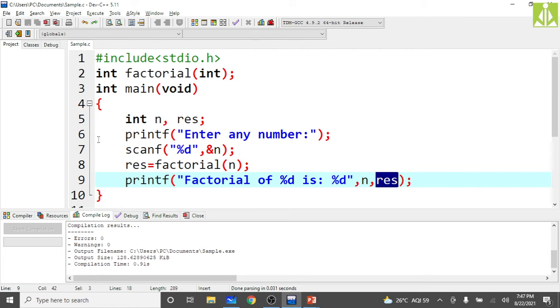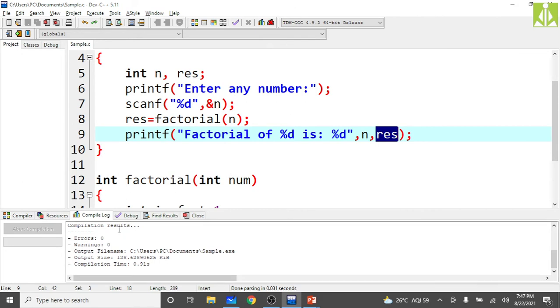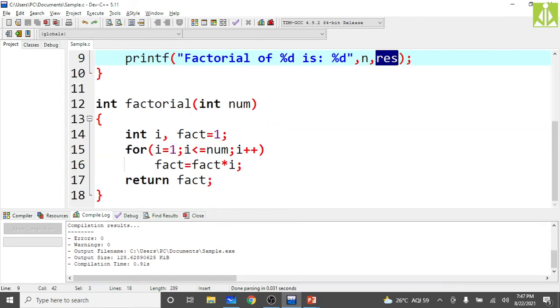So this is the iterative approach to find the factorial of a given integer. In the iterative approach, our loop is breaking when the i value reaches the supplied number. So let us say 4 we have supplied, then once i becomes 4, the loop will terminate. In that way we are finding the factorial.